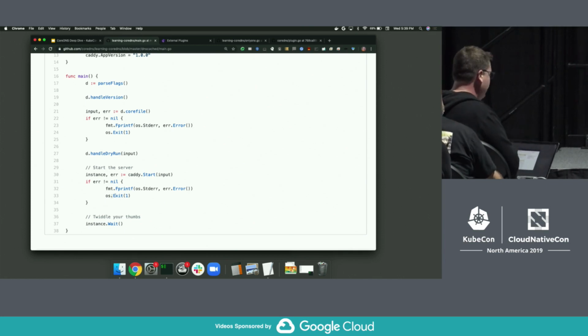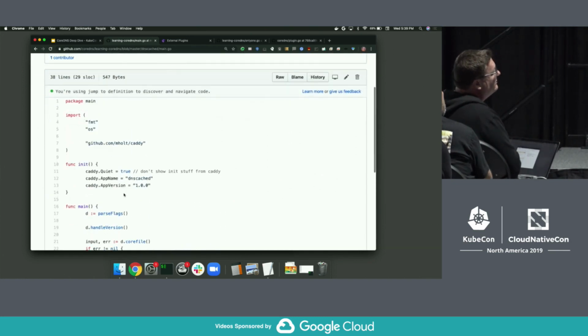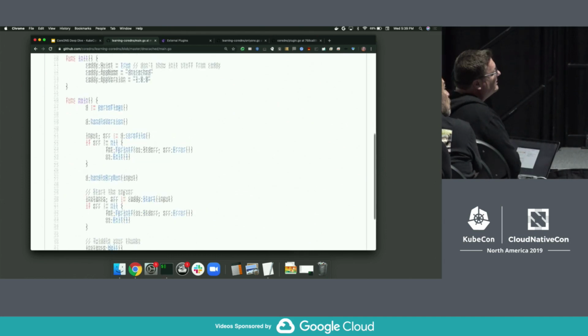How much time do I have left? I can probably click in to the DNS cache itself,